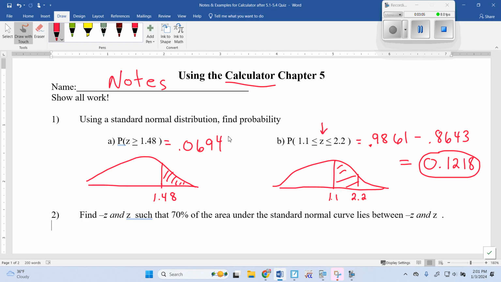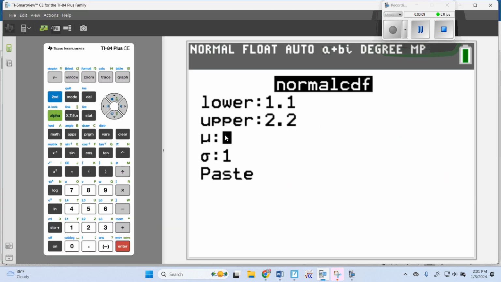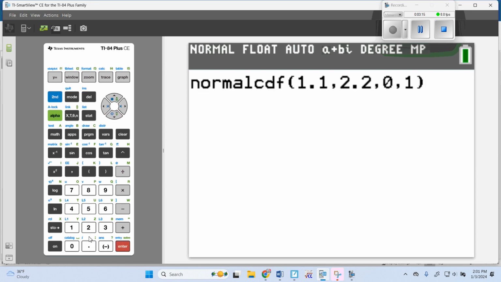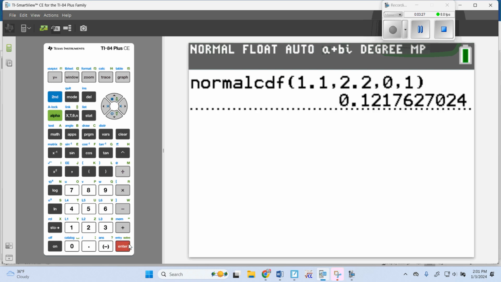When you're with a z, that is standard normal, which tells me my mu is 0, my sigma, my standard deviation, is 1. I hit enter. Now, for those of you that don't have the previous screen, and it goes right to normal CDF on your screen, your 1.1 is your lower, your 2.2 is your upper, you have your mean, you have your standard deviation, and if we hit enter, we get